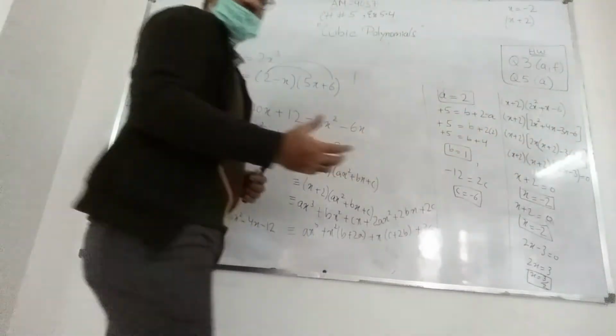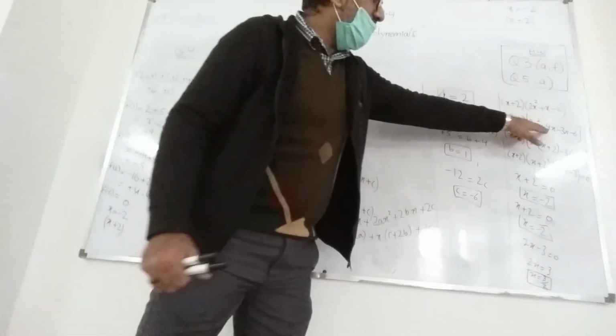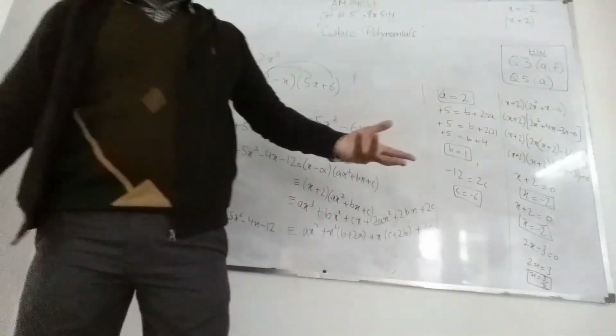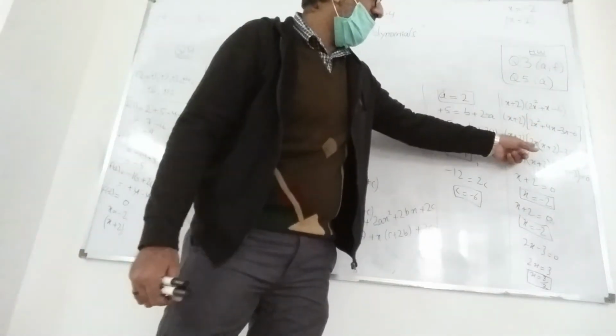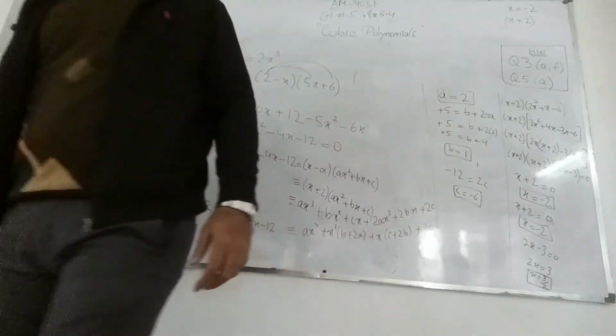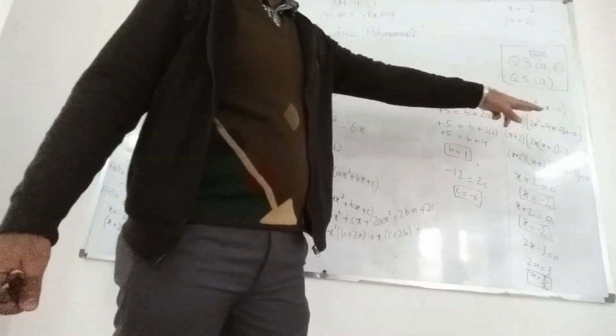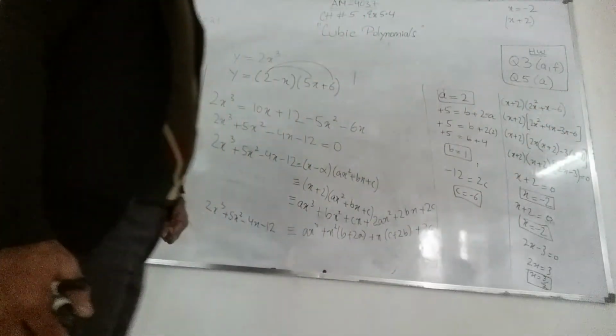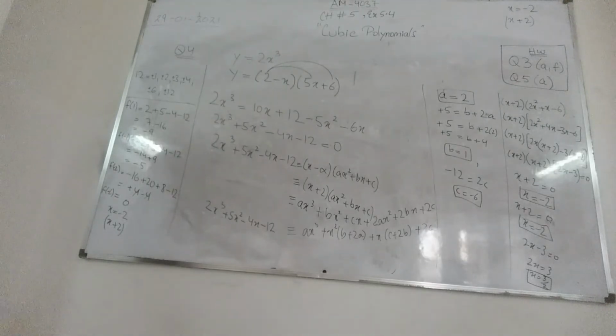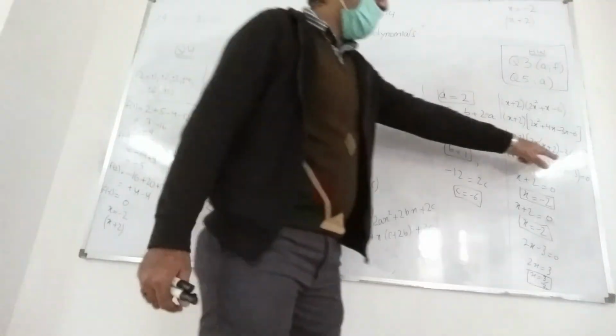I will just pair up the first two and the last two to take something common. 2x square plus 4x, I can take something common. 2x is the common. And when I take 2x as common, the factor inside the bracket will be x plus 2. And minus 3x and minus 6, I can take minus 3 as common from the last two terms. And the bracket will again be x plus 2. Since the two brackets are same, this means I have applied the method correctly.